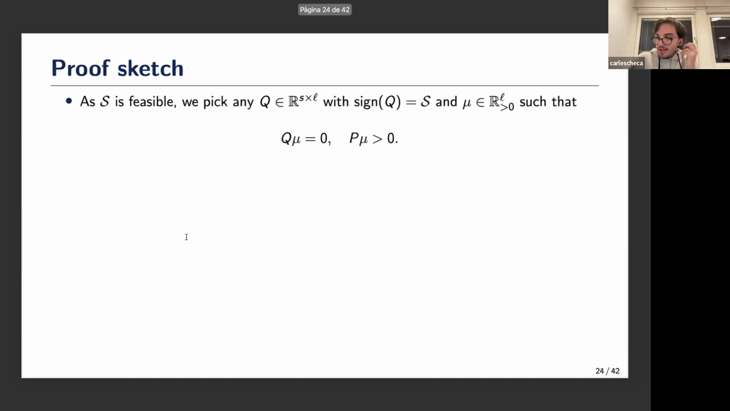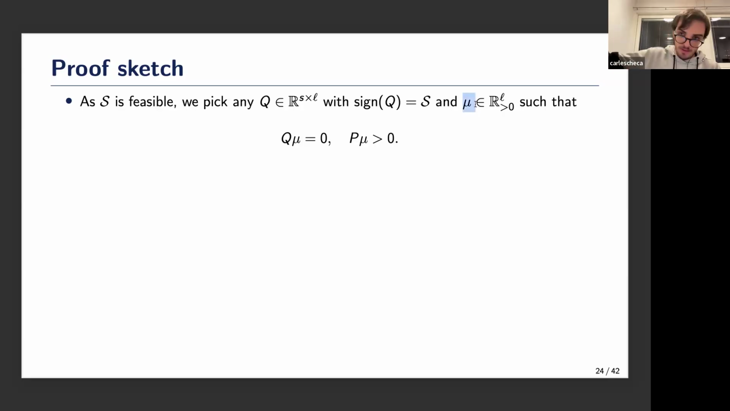Now, a very quick proof sketch. Of course, the devil is in the details, but I want to show you how we are using this hypothesis that the corresponding graph induces a forest. Now, we see that if S is what we call feasible, then there exists a certain Q and a solution,